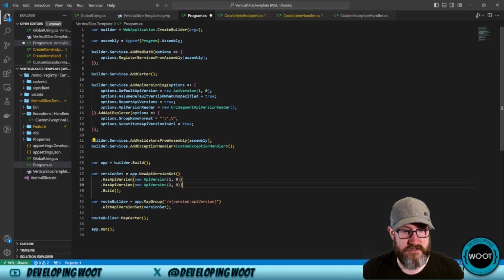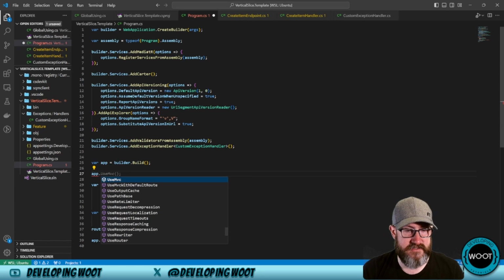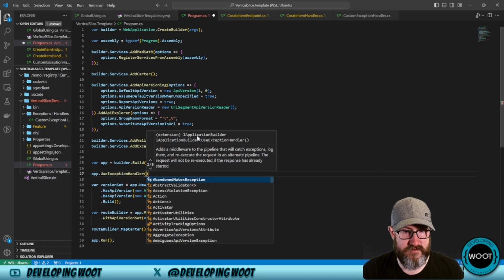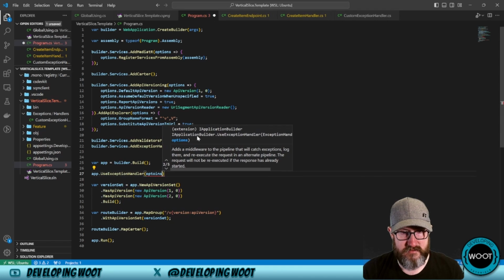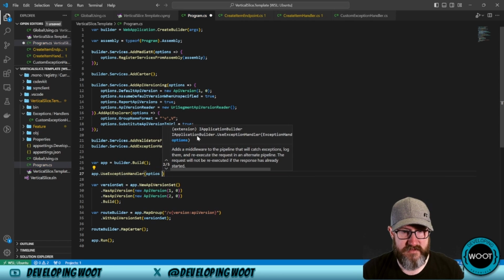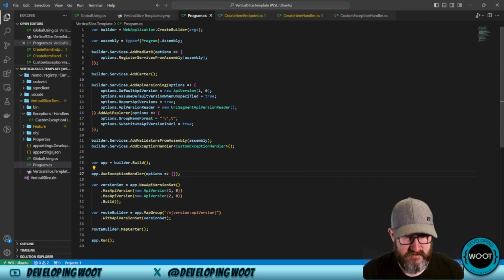And then what we want to do is we want to also inside our app say app.UseExceptionHandler, which I think it's a pass in the options, and then this doesn't need anything, just that,